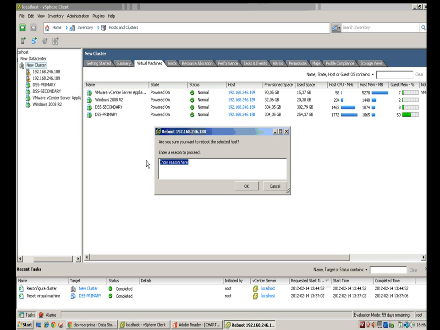So as you can see, we have on the 188 host only the DSS primary virtual machine running. So we will simulate the reboot of the host, and this will of course cause the virtual machine to be